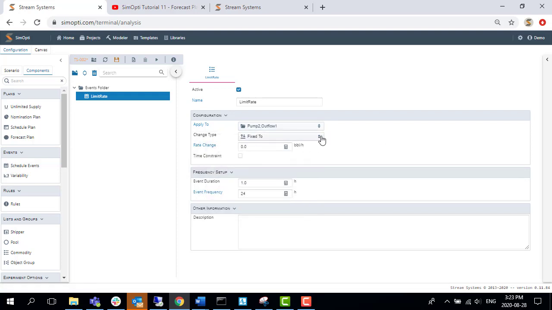And for change type, we have 4 different options. We have fixed to, fixed by, relative to, and relative by. When selecting fixed to, you fix the new rate of flow to a designated flow rate of, in this case, barrels per hour. So initially, if we have the flow rate of 100 barrels per hour, and we want the new rate of flow to be 80 barrels per hour, we would simply put 80 barrels per hour in the rate change here. If we wanted to fix it to 80 barrels per hour in a different manner, we could use fixed by,